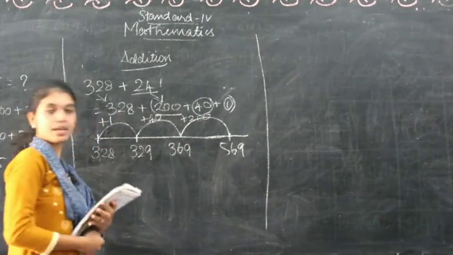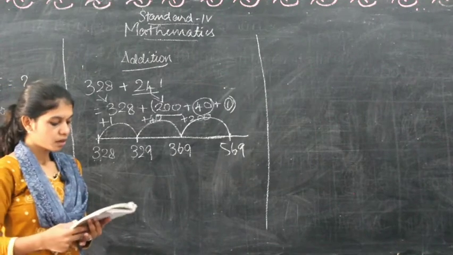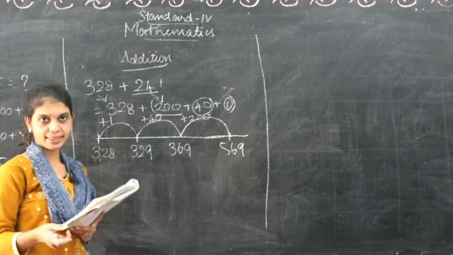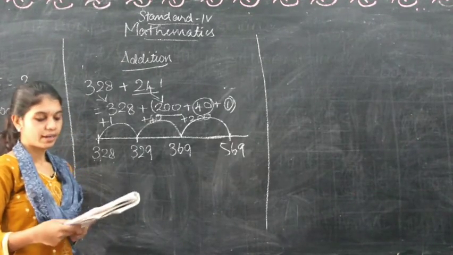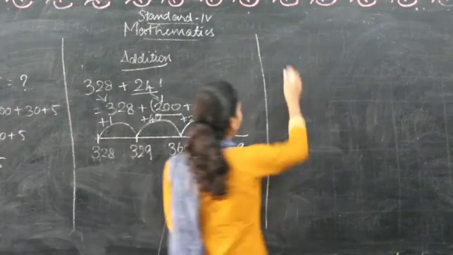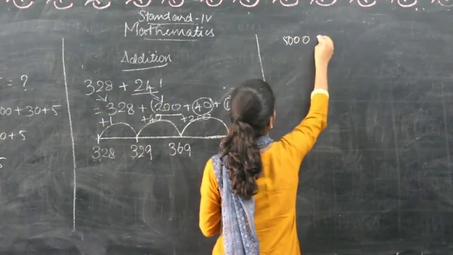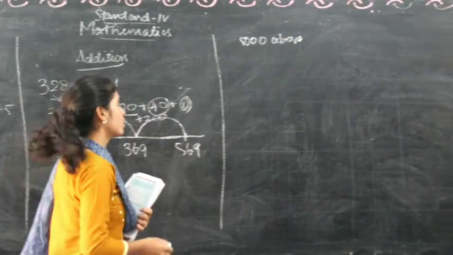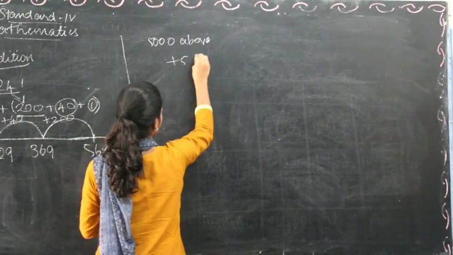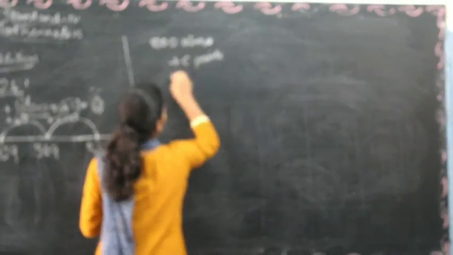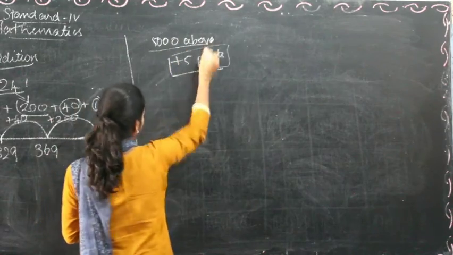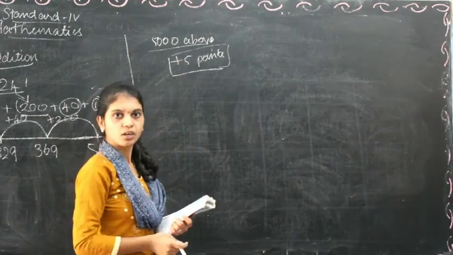So there is a game for you to play. They have given you a lot of numbers in a box, so we have to add them so that we get a result of 5,000 and above. If you win here, you will get 5 points. Let's add and see whether we are getting 5 points, which is above 5,000.